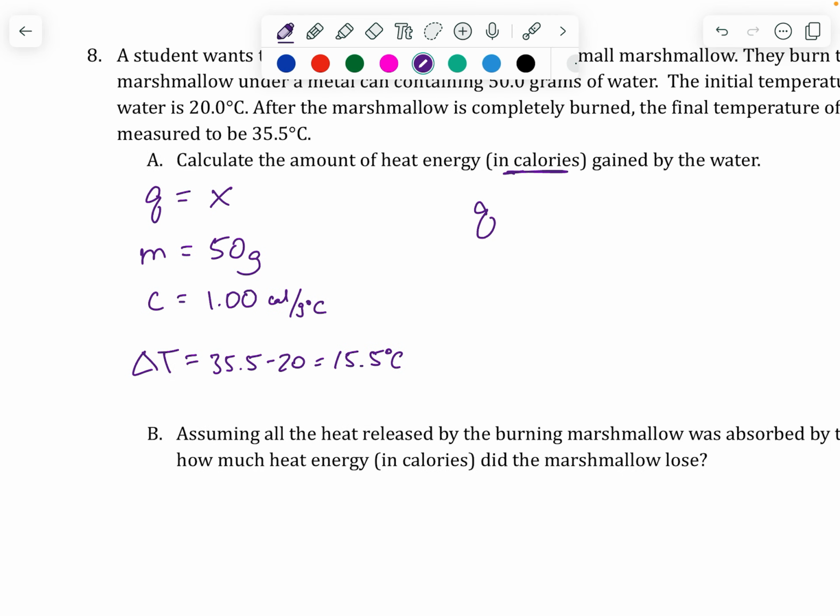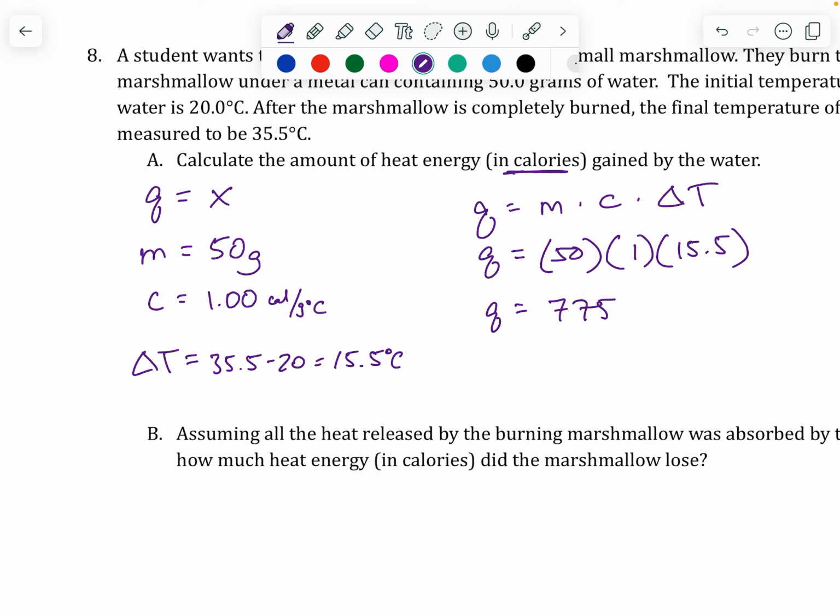And now we just calculate Q. Q is equal to mc delta T. The mass is 50, C is 1, and the change in temperature is 15.5. Therefore, the energy that is gained by the water is going to be about 775 calories. So that is how much energy was absorbed by the water. So there's our answer. That positive answer, because the temperature was raised from start to finish, means that heat was gained